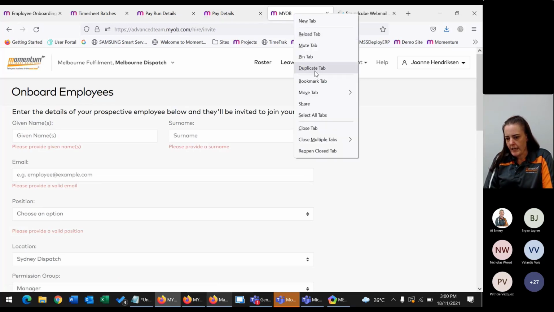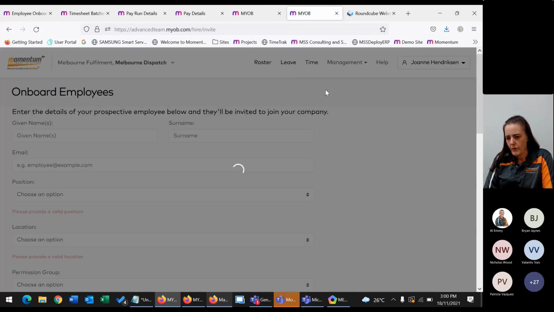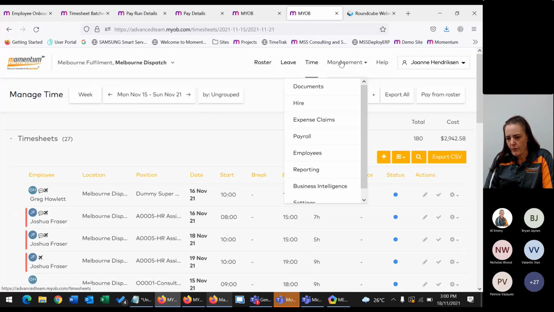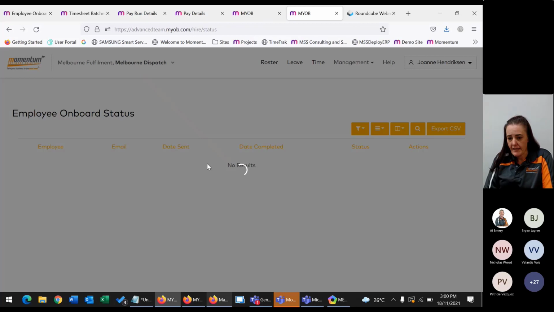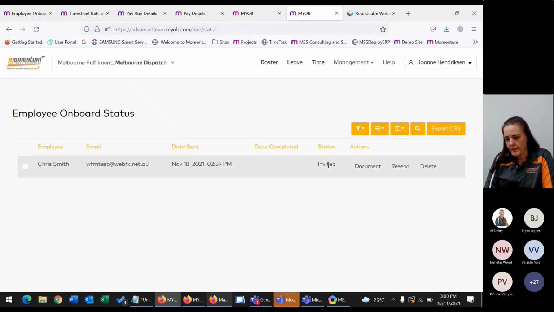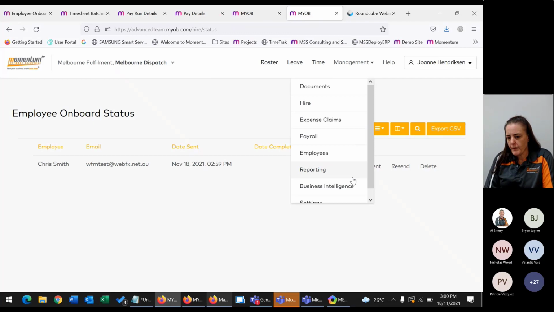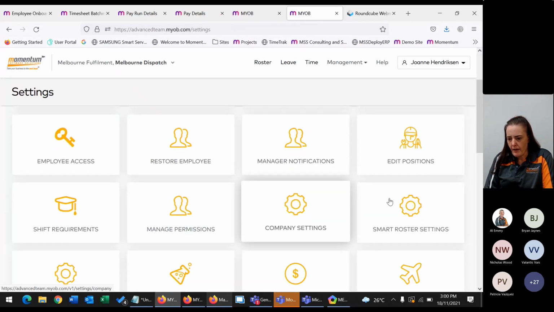Just open this in a different tab and check out onboarding. So you can view the onboarding status. In the case where we've just taken a look at the onboarding and we've sent the form off, it says here that it has actually invited. So it said that it didn't complete, but it did complete, so we don't need to go back and do that again. So if we go into our onboarding profiles,